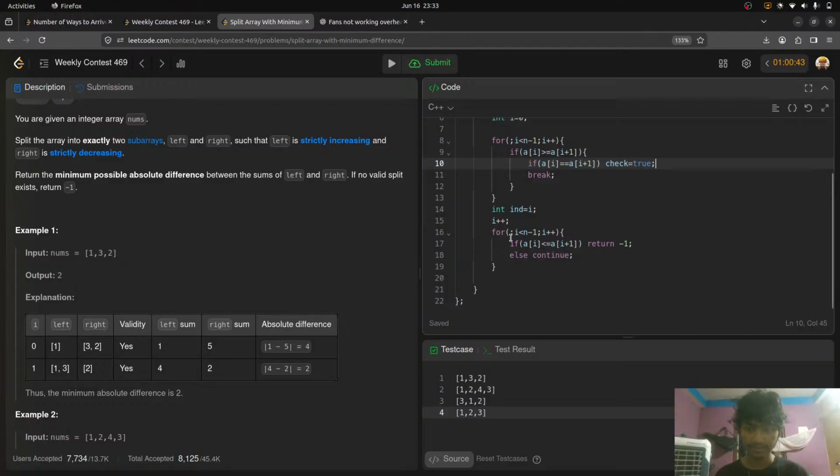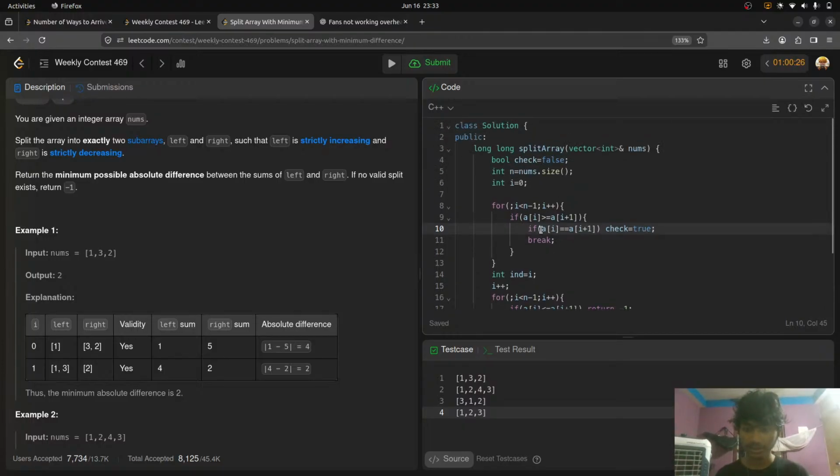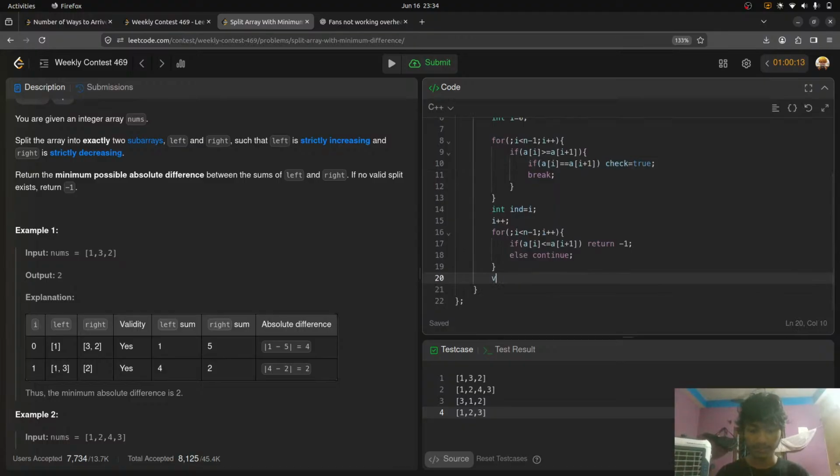If check is true, one thing is pretty sure, that this kind of thing exists. So I cannot choose something arbitrarily, I have to choose it in my way. So I am also going to make a prefix sum,